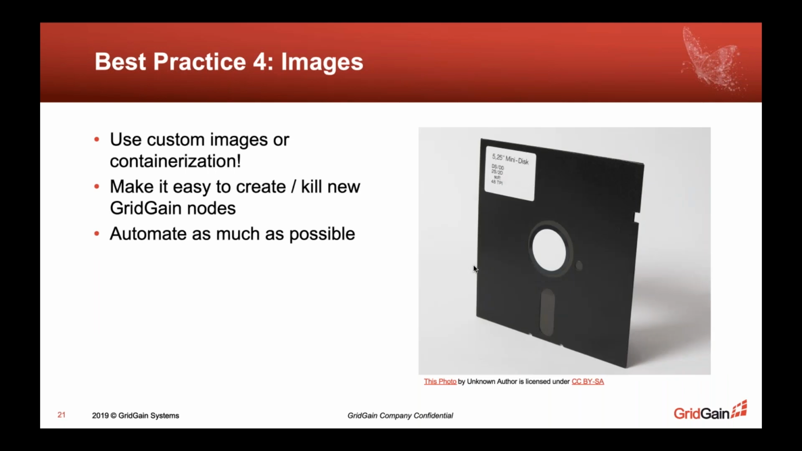Another thing to think about is if you're doing VM-based deployment, we could consider using images. In Amazon, an image is called an AMI or an Amazon machine image. In Azure, it's called a managed image. In Google Cloud, I believe it's just called an image. But the idea is that we want to be able to have repeatable